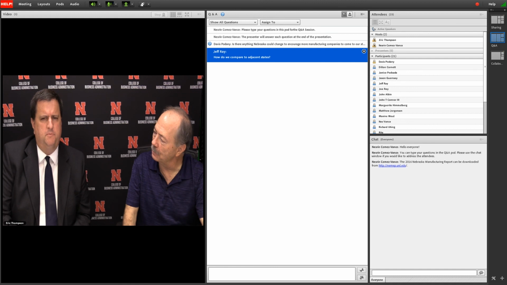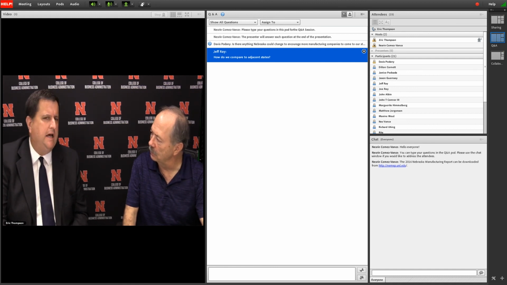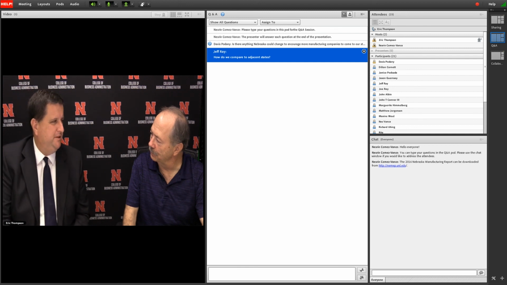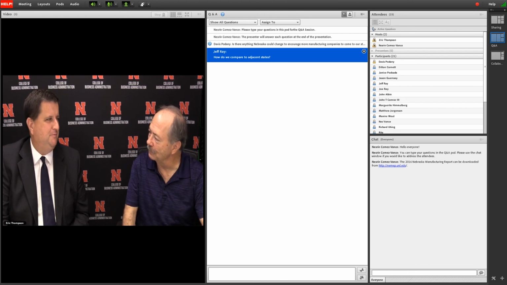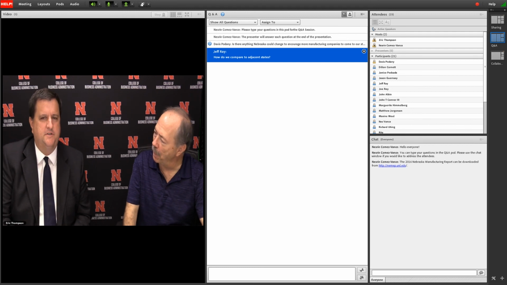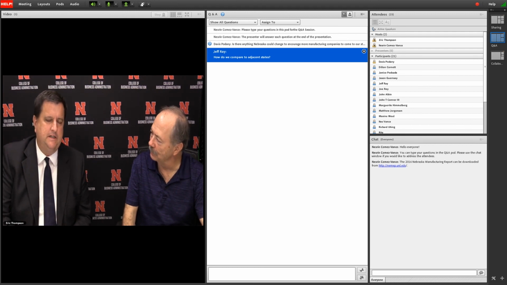In terms of other things, Colorado is a difficult state to compete with. We're thriving here in Nebraska in a lot of ways, but Denver is just growing very rapidly and has been for most of the last 2 or 3 decades. So sometimes it can be difficult to compete with Colorado. I think we do compete pretty competitively with Iowa.